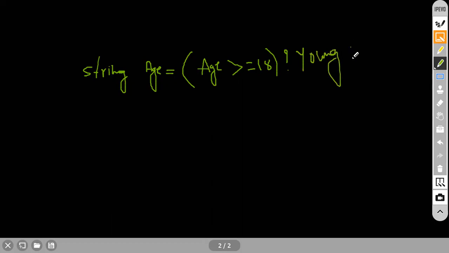So you must place it in double quotes because I'm taking the type as string here. That is the reason why you have to mention it within the double quotes. That is young. If I enter the age, suppose you enter the age 21, he is a young man. Suppose sometimes you enter the age 15, like that.